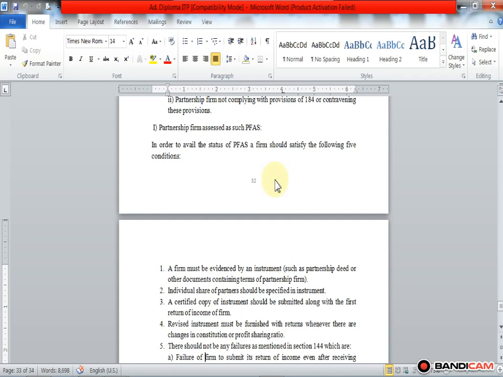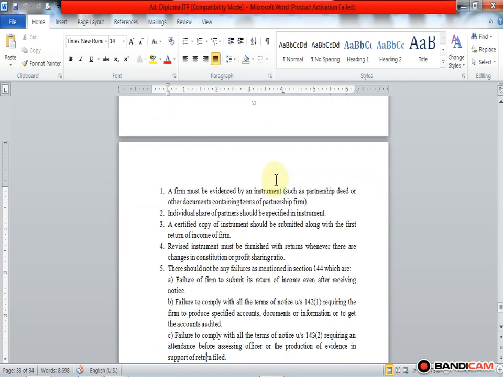PFAS. In order to avail the status of PFAS, a firm should satisfy the following 5 conditions. Here 5 conditions are given to you. First, a firm must be evidenced by an instrument such as a partnership deed or other documents containing terms of the partnership. Then the firm will compute its taxable income under